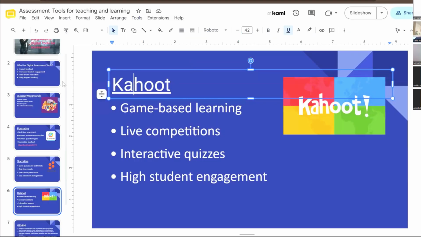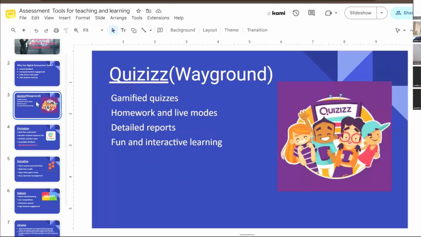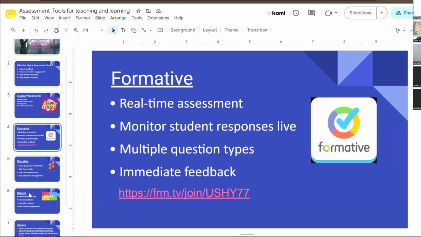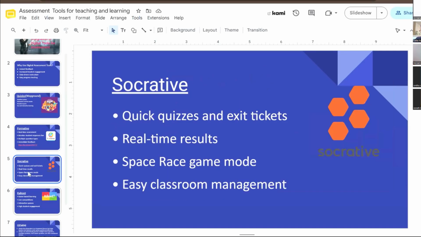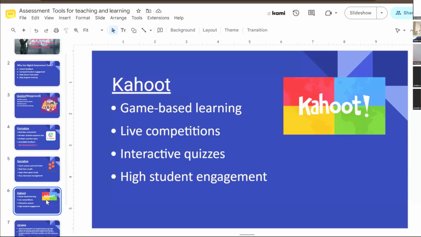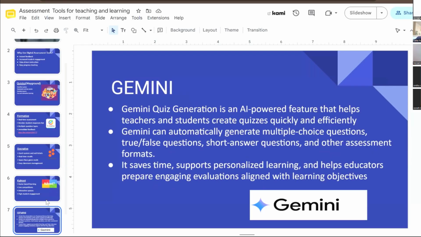I hope there are no other doubts. Is there any doubt, teachers? Today we discussed quizzes, Kahoot, Formative, then Gemini, Google Forms. So first of all, you have to try all these things. Then only the doubts will come. While doing it, maybe you will face many problems. At that time you can ask directly any of your IT teachers who are there in each and every session. You can contact us. Okay, teachers, is there any other doubt regarding this?